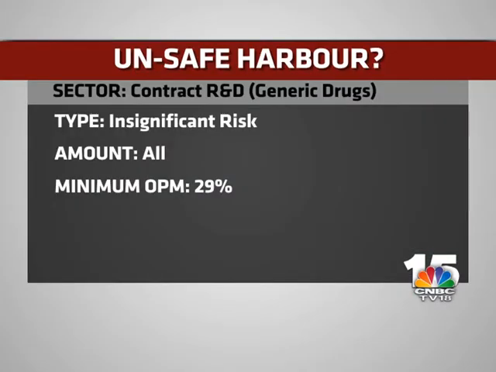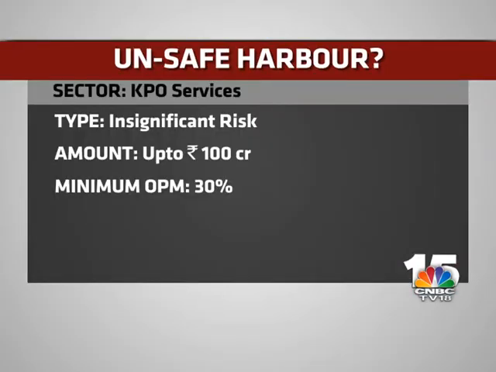The number itself is way too high at 30%, and it is probably more than what even the transfer pricing officers are doing. Similarly, I would think that in contract R&D for pharma, the numbers are much higher than what the transfer pricing officers are doing. They've upheld cost plus 18 in the past, not very distant past, as recent as January 2013. So to move on to 29% for contract R&D for pharma also doesn't make sense, and similarly for KPO. So these are the three numbers which are way too high.